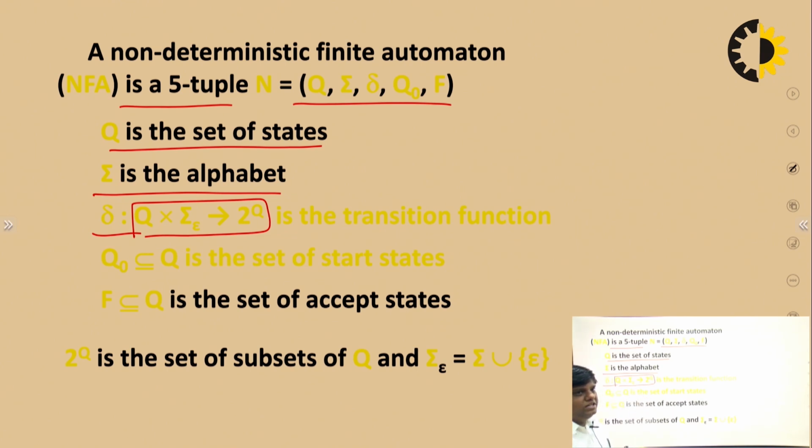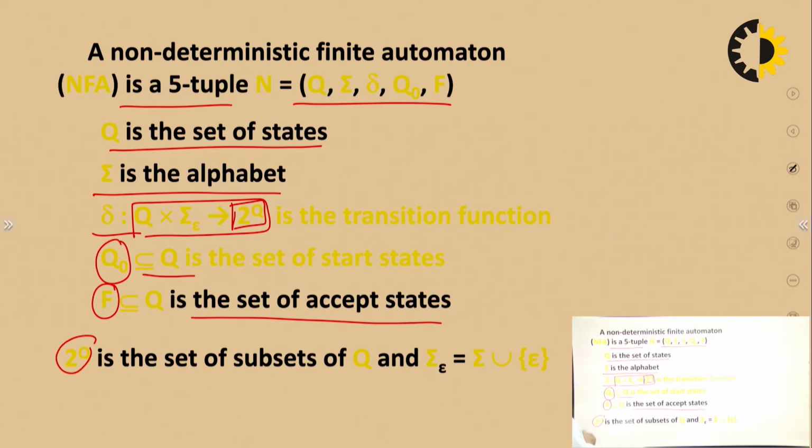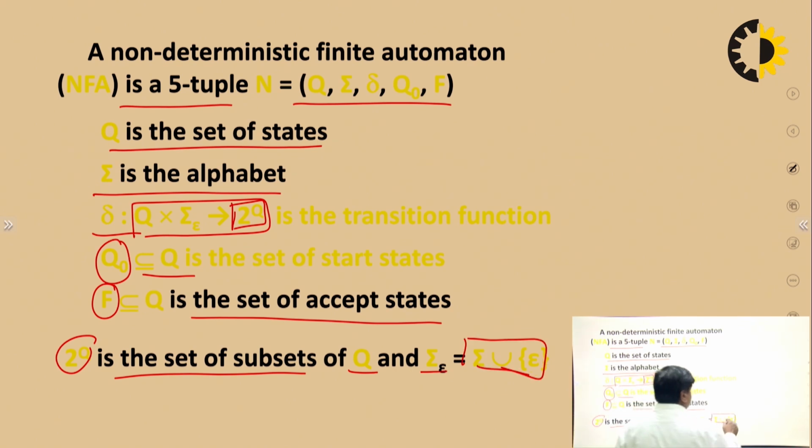a 1 mark question was asked in the GATE examination: what is the transition function of the NFA? It is 2 to the power Q, where 2 is the number of inputs used in the machine and Q is the number of states. Next is the initial state, which is also a subset of Q, a set of initial states. F is the set of final states. 2 to the power Q is the set of subsets of Q. Sigma is the set of inputs,